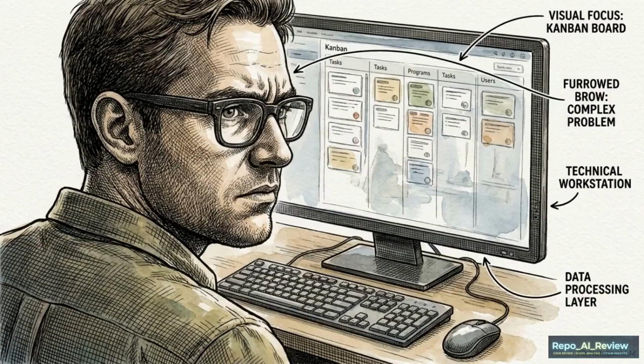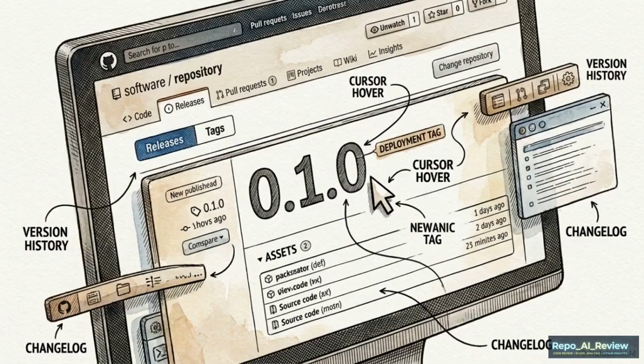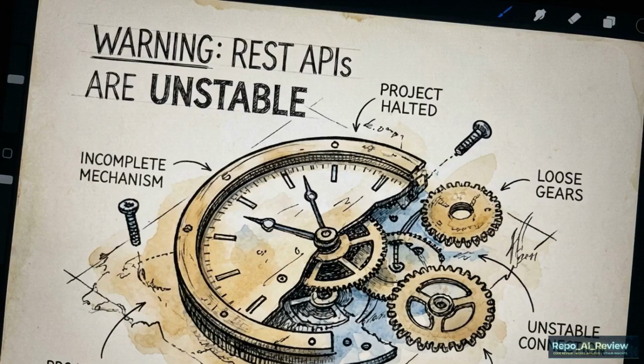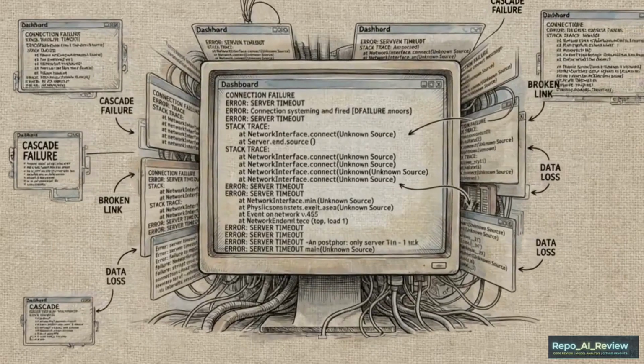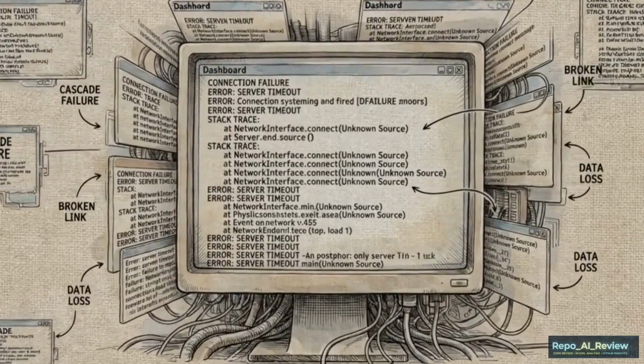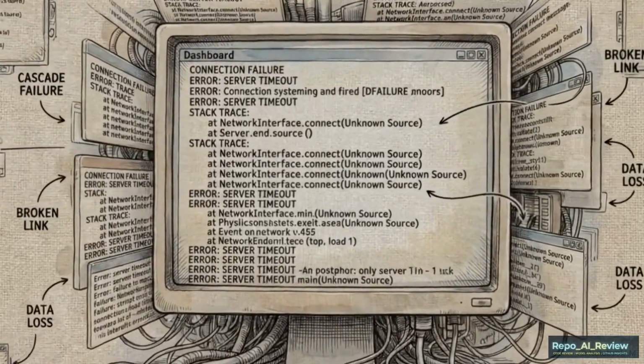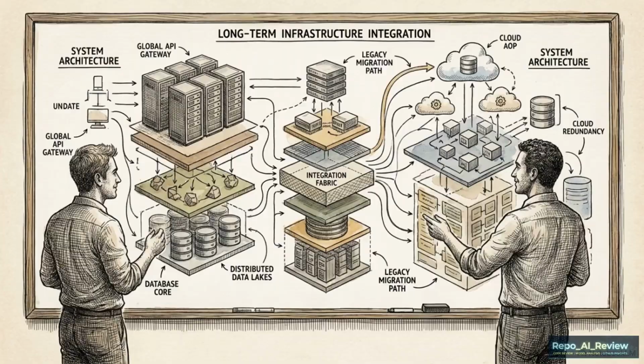Before rolling this out to a team, you need to be aware of the project's current maturity. Beaver Atlas is currently in an early access version 0.1.0 release state. The documentation explicitly states that all current REST APIs are unstable. Any custom integrations or internal tools built on the current API will likely break when version 0.2.0 is released. Adopting the platform now is an investment in an architecture rather than a stable, set-it-and-forget-it solution for today.